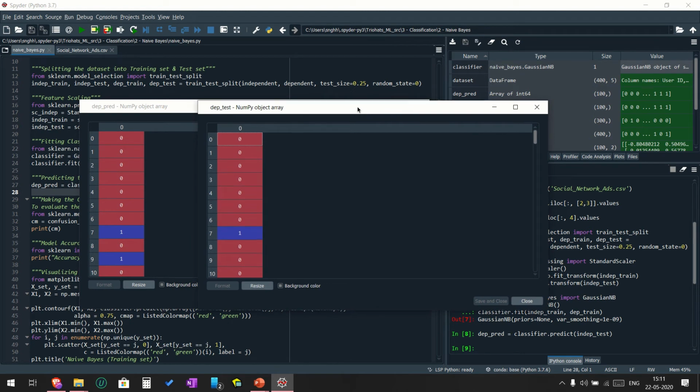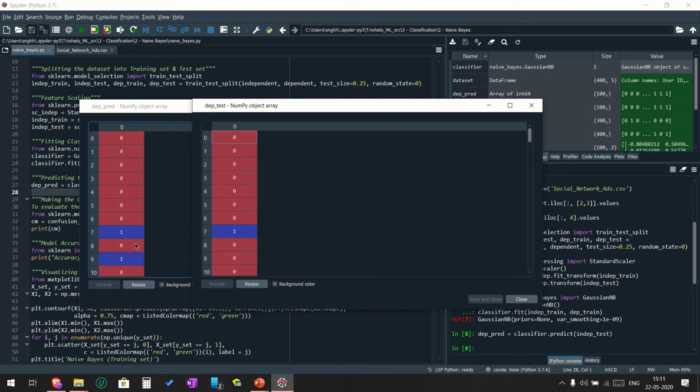So these are the predictions made by the model, and the dependent test is the actual result. As you can see, the first 9 values are absolutely correct, but the 10th value, that is number 9, Python starts with 0, right? So for the 10th value, the machine predicted that the customer has bought the car, but in the actual value, in the real world, the customer has not bought the car. So I would say a pretty good prediction all in all.